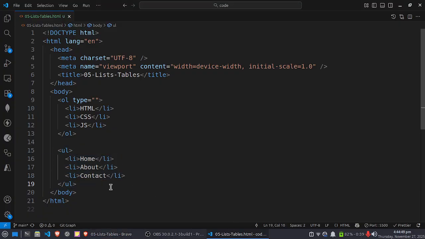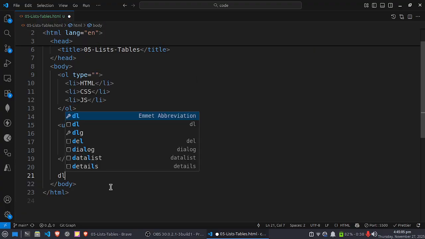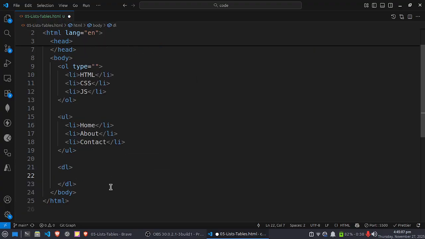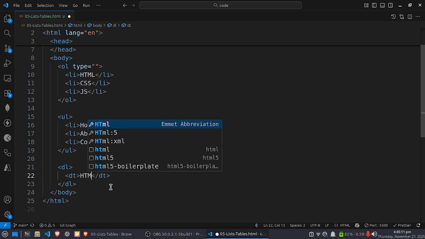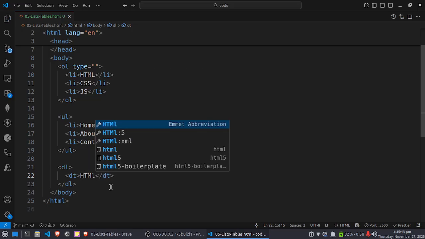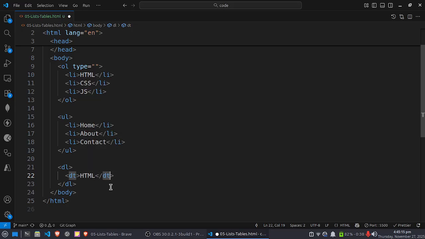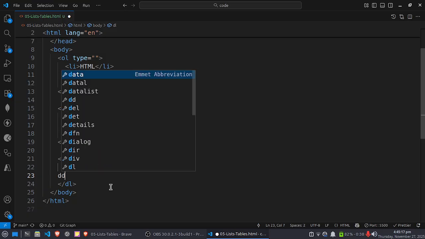Next is the description list. A description list is a bit different. It is used to show terms and their definitions, like a question and answer. An FAQ section is perfect for this, and terminology also. So let's see, DL description list, DT the term which you want, like a question, HTML, and DD description,